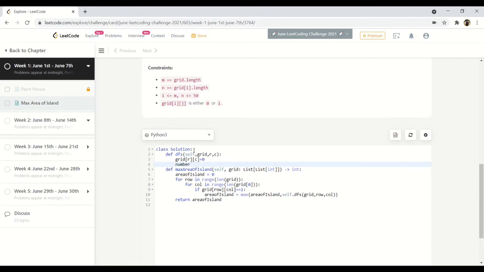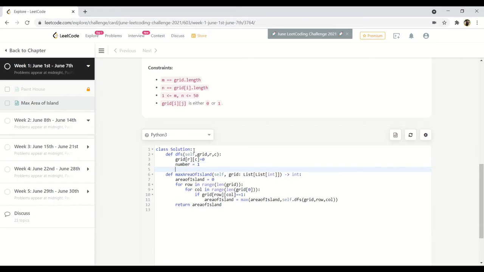And the area of the island is 1. And now we have to make a list. So we have to check the upper part of the matrix and the lower part of the matrix, that is row plus 1, C,